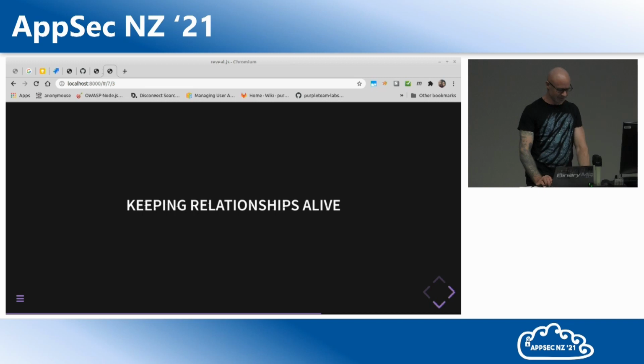Keeping relationships alive. I haven't been so good at this. So I've basically been buried for about 2.5 years working on this. Yeah, so my wife comes first. That's pretty much the only relationship I've really kept alive. I've had very little time for running OWASP Christchurch and InfoSec NZ, but we've got some awesome InfoSec NZ admins which have more than picked up the slack. One of which is over here.